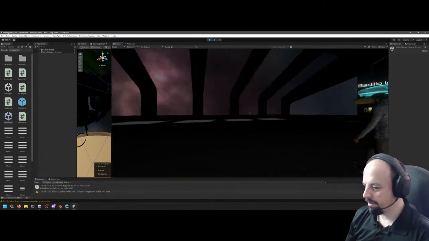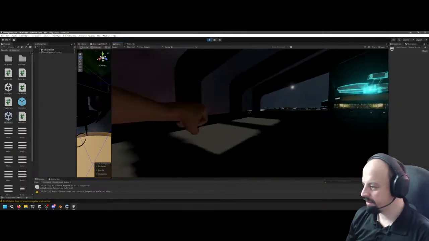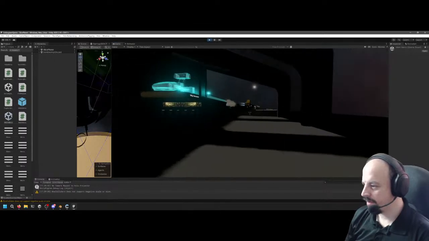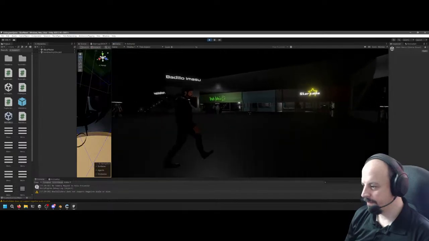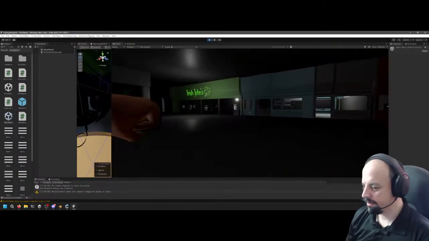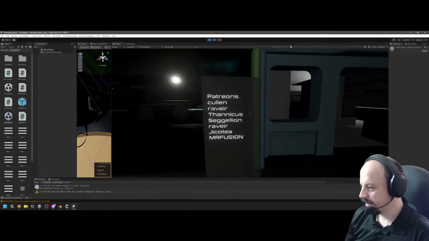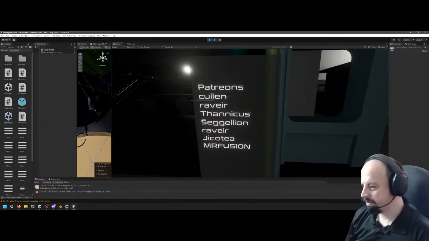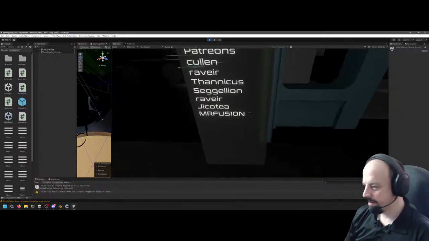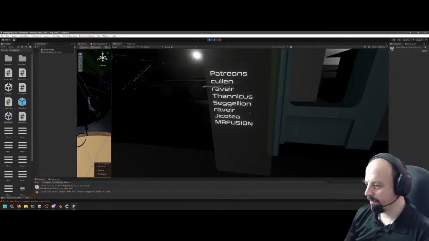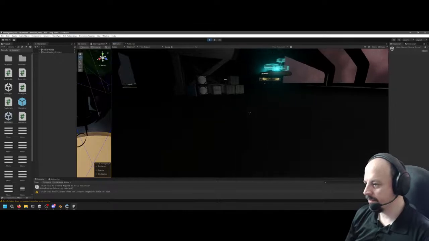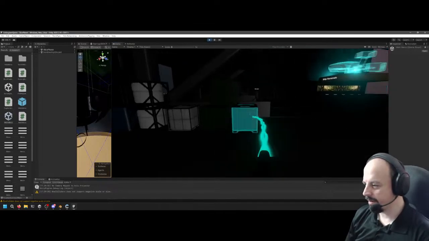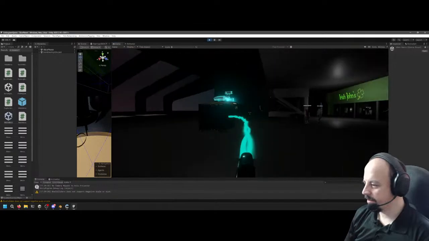Now lighting is a bit weird right now because I've been messing around with stuff. But we have all these new graphical effects for the ship. If I head over to the Patreon wall here, this list of Patreons comes down dynamically. Anyone who's linked their account shows up. You see I'm in here twice because I made another test Patreon account that's not necessarily linked. And these are the different cargo. We can do box deliveries.